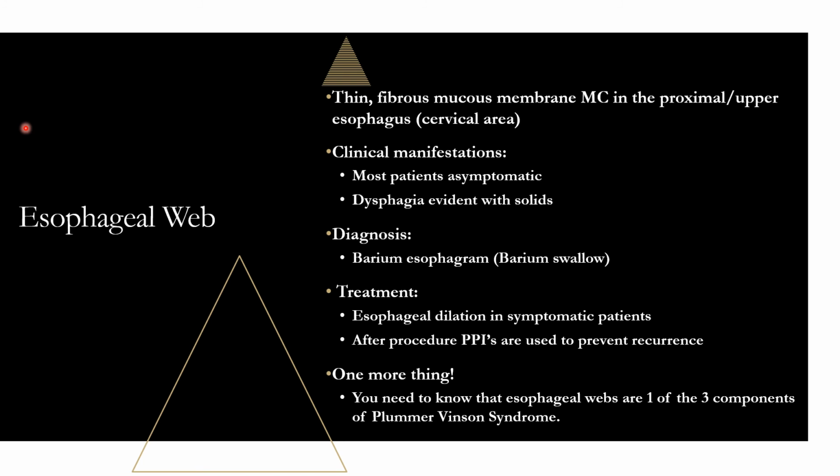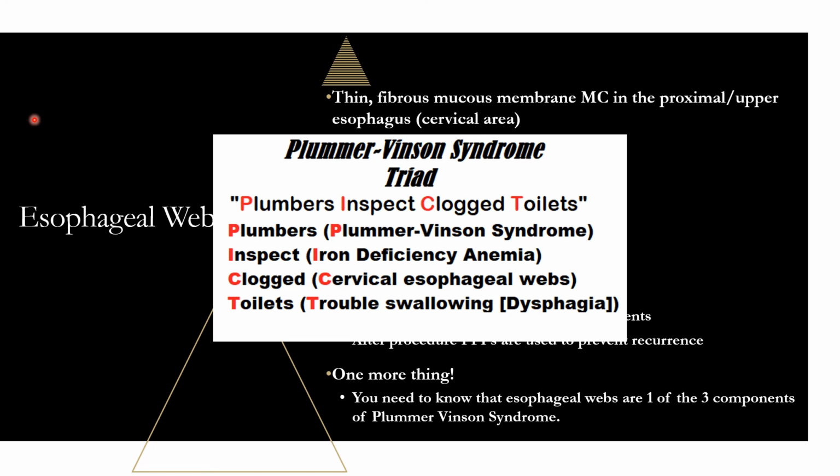So Plummer-Vinson syndrome consists of 3 components. One obviously is esophageal web in the cervical area. Remember, this is going to be most common in the proximal or upper esophagus, which is the cervical area. So Plummer-Vinson: cervical esophageal webs, trouble swallowing or dysphagia, and iron deficiency anemia are the 3 components. So how do you remember that? You remember this sentence: